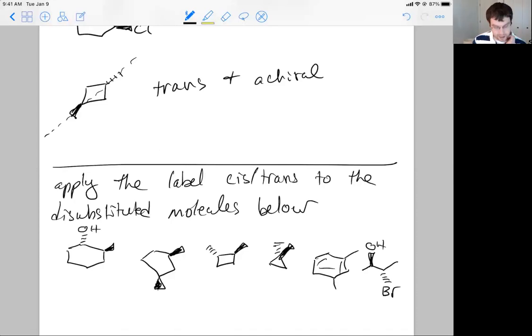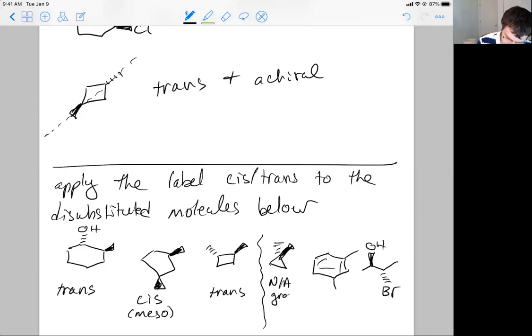Okay, so in the first case, we have a ring structure where the groups are moving in opposite directions, so those are trans to each other. Second example, both of the methyl groups are pointing up or in the same direction, and that's cis. I'm also going to make note of it that this molecule happens to be meso. The next molecule, we're at trans, and lastly, we're actually at not applicable in this case. It's not because the molecule is not chiral, but the groups are on the same carbon. So it's not necessary. If there's a cis isomer that you can label, you should be able to draw a trans isomer, and there is no second kind of isomer for this molecule. So it's not helpful to draw